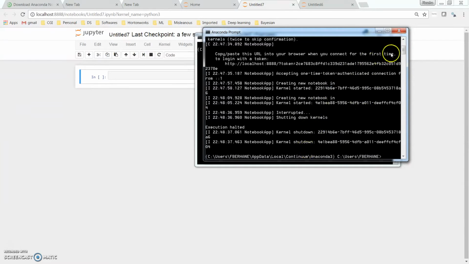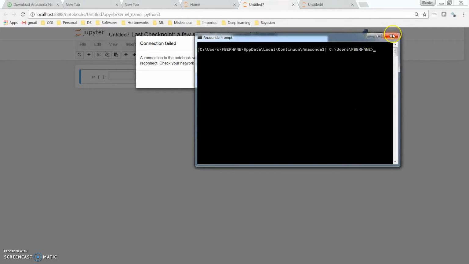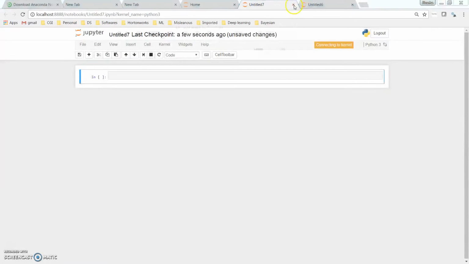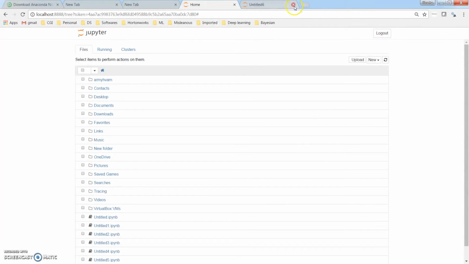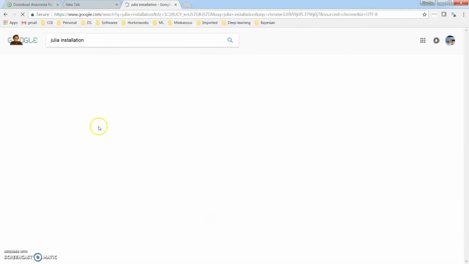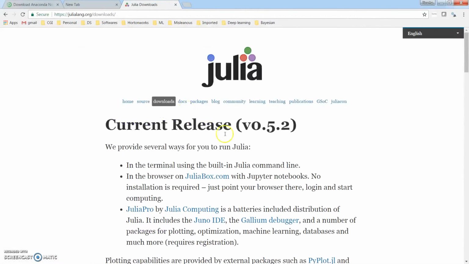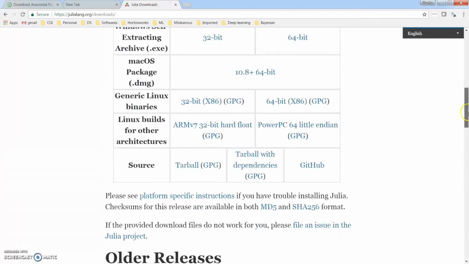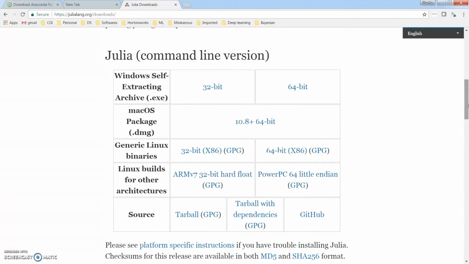So the kernel has shut down. Now I have shut it down, so I will go ahead and install Julia to my machine. Okay, so Julia installation, Julia downloads. You can download and install the appropriate version for your machine. So I'm going to download this one for Windows 64-bit.